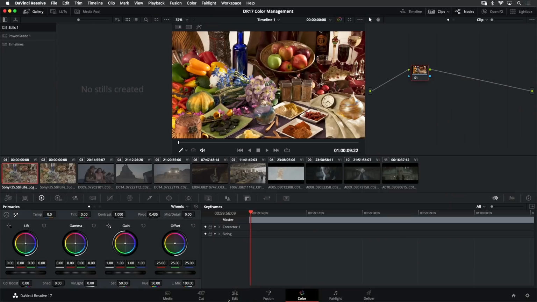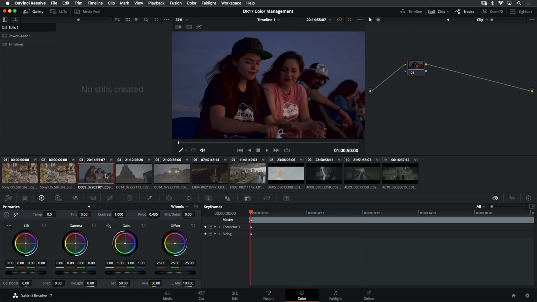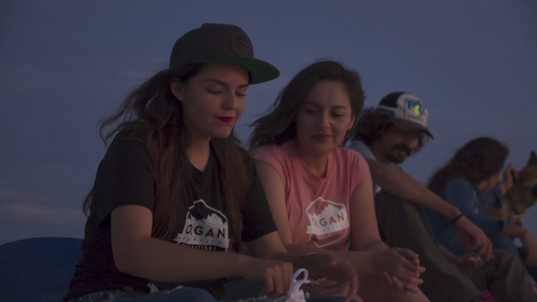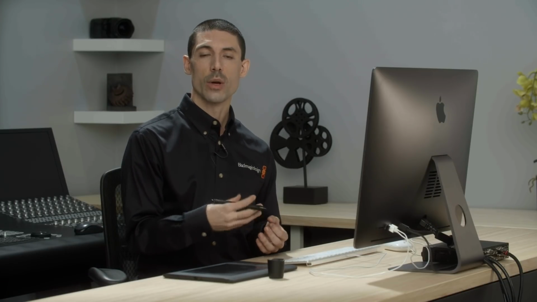Now, I want to point out something about these other shots here in my timeline, which happen to be raw shots. These in particular are from a Blackmagic Pocket Cinema camera. Something that's important to know about ACES or Resolve Color Management is that when you are loading a raw format into your project, your color management solution is actually going to pick up on the fact that that media is raw, and it is automatically going to input map it appropriately into your color management pipeline.